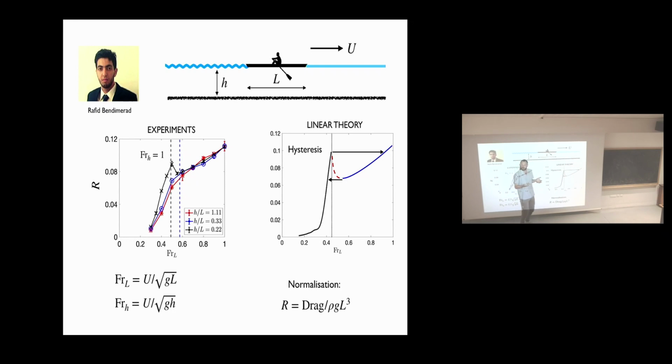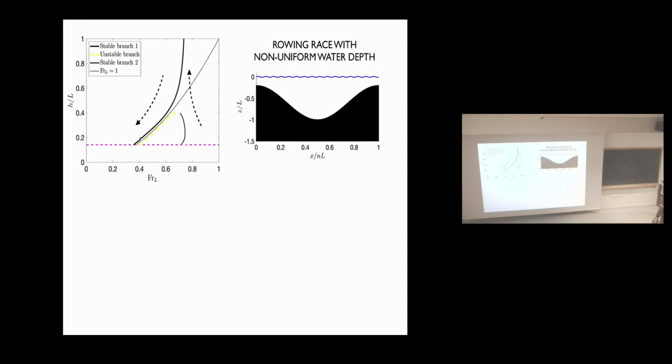Okay, what happens then if you decrease the forcing? So if you decrease R, you would now return on a different solution branch. And so you would have this hysteresis effect. So we thought this was interesting from the rowing application because you can sort of imagine yourself in a rowing race with a variable depth. So let's say I choose a